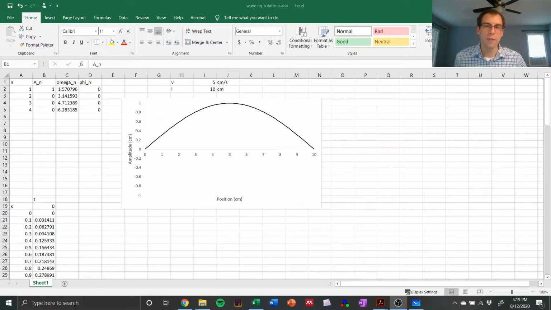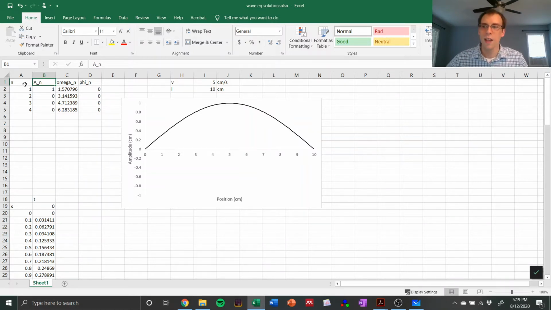The last thing we'll do for this chapter is look at what these solutions look like. Everything we talked about has been purely mathematical. But the nice thing is that we can visualize the solutions and see what they look like. What I've got here is an Excel sheet where I've put in these solutions. Our equation from before, I've only taken n up to 4,